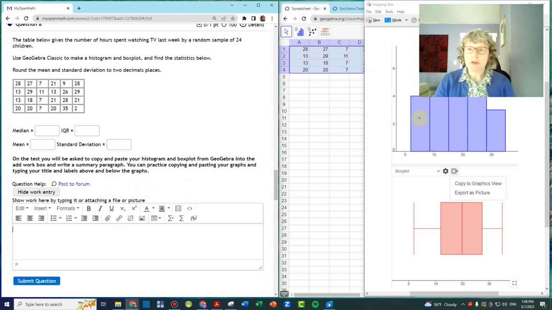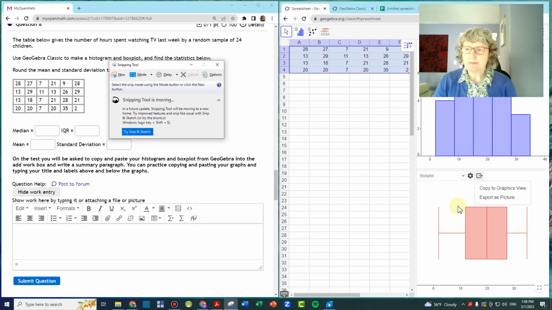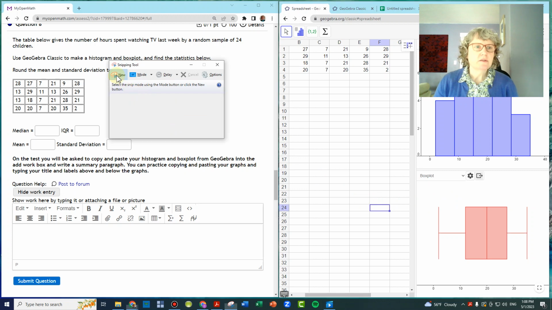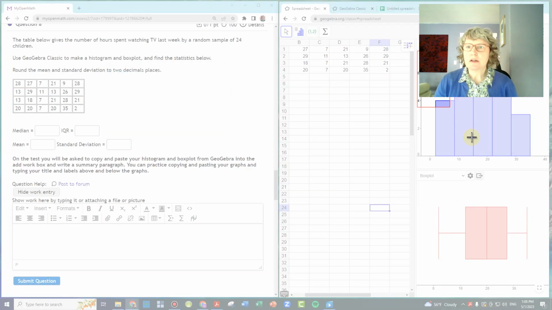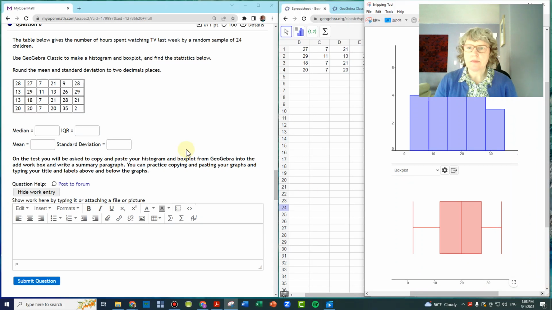Now I'm going to try it one more time just because I don't want to try to get rid of that little window. It's not a big deal. Okay, there. A little nicer. Great, and then I'm going to paste it